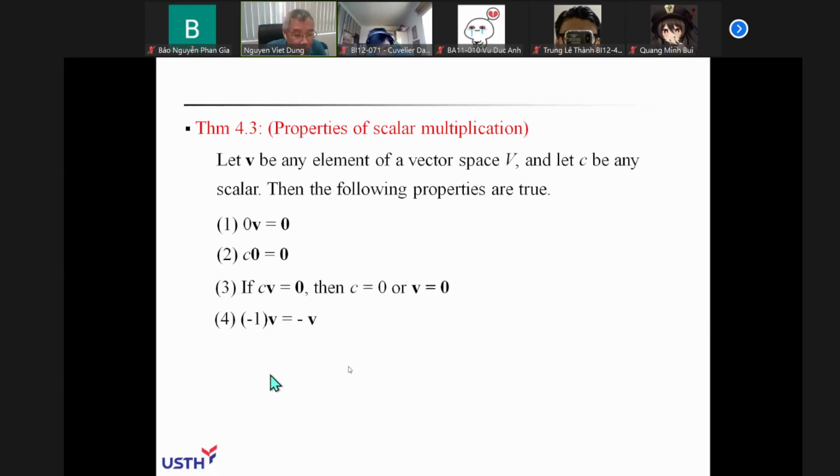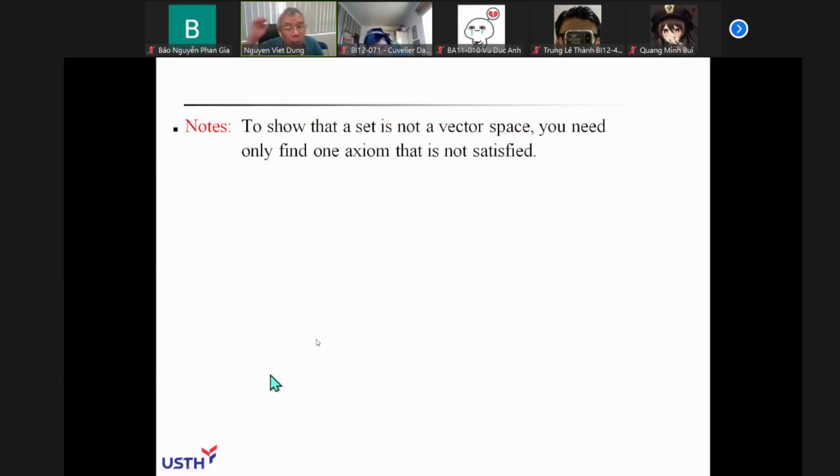If you take the number minus 1 multiplied by V, you will get the negative V. So next, I call your attention to property number 1 and number 6. So now I tell you that